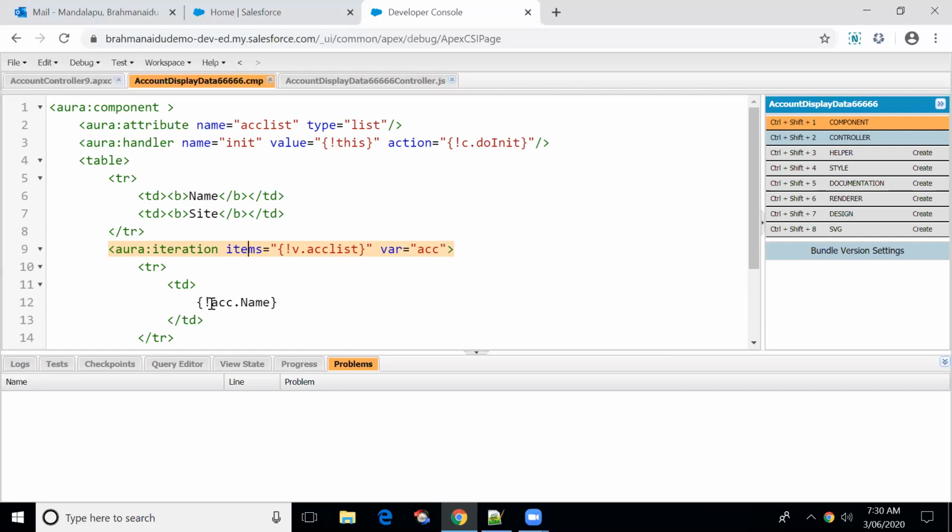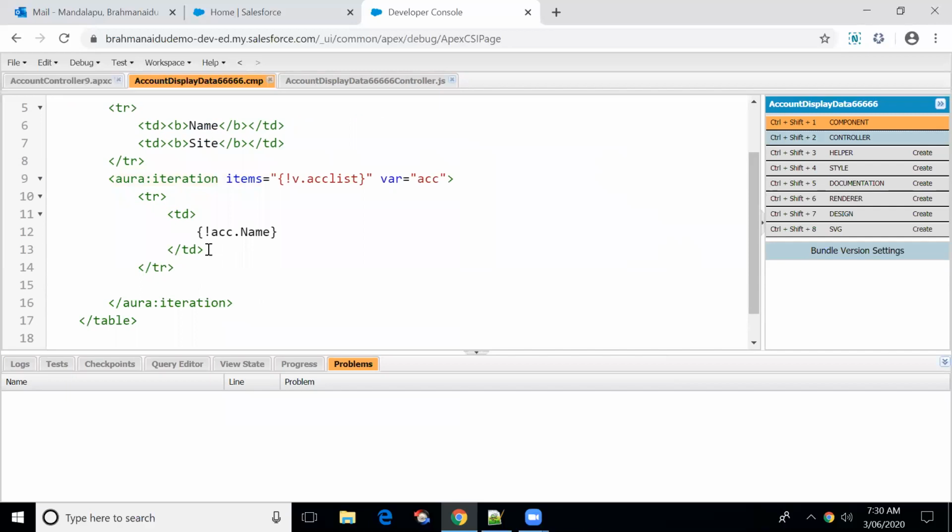So we don't have to put the v. Then a td. I'm going to display account site as well. So ACC site, that's it. Okay, so clear, any doubts? Anyway, I'll explain one more time.